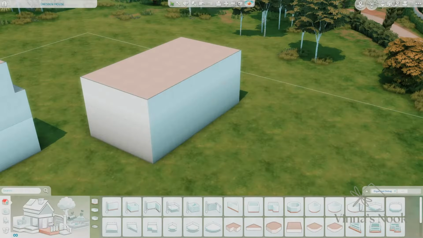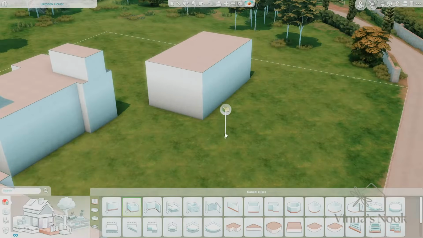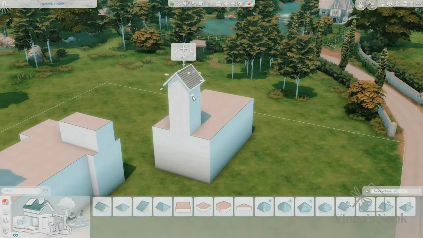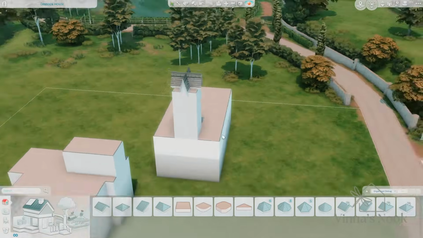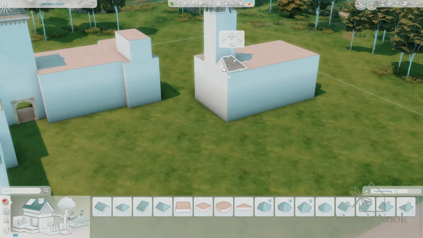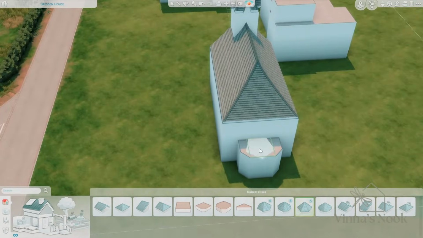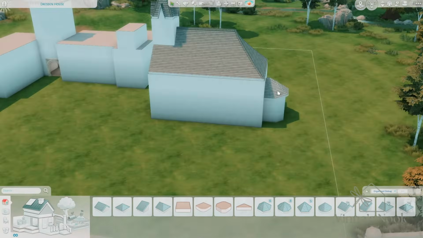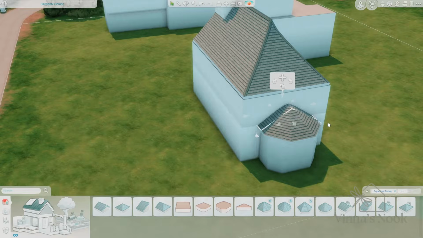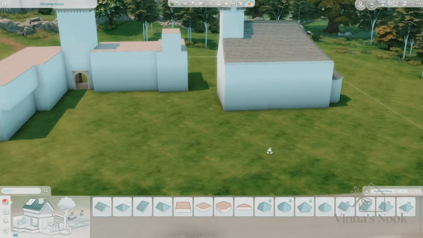I think they turned out, I mean, this is my favorite build as of yet, and my husband says it is his favorite build as of yet, and I am so excited to share it with you. But yeah, so I'm going to be building in the world of Windenburg today, which is the world that came with the Get Together expansion pack, which was the one where we got cafes and clubs and stuff, which I've never used. But yeah, so it is Christmas time, or Christmas season, and last week, if you haven't seen it,